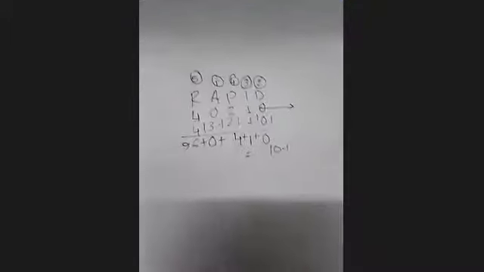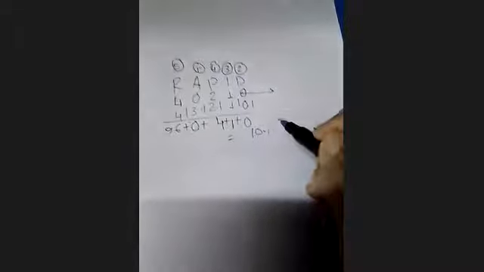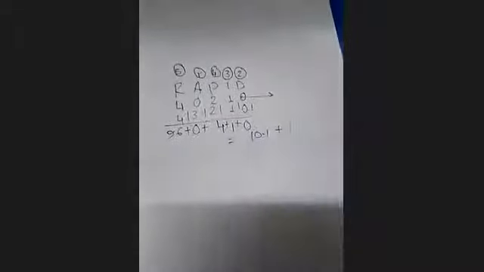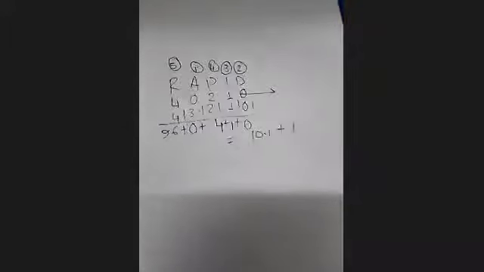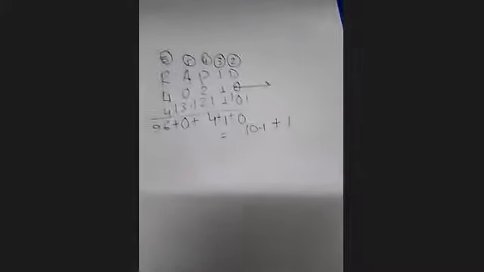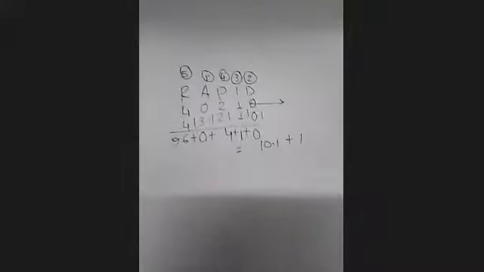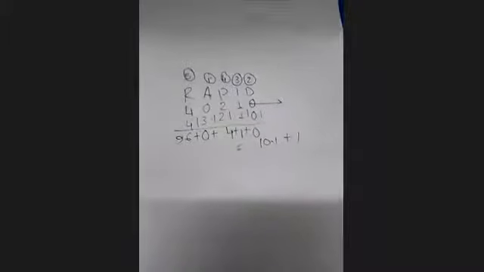But remember, this is not the rank of that word in the dictionary. So what is the rank of the word in the dictionary? To find the rank, after this whole process, you have to add plus 1. Why are we adding plus 1? Can anyone tell me? There is a reason.